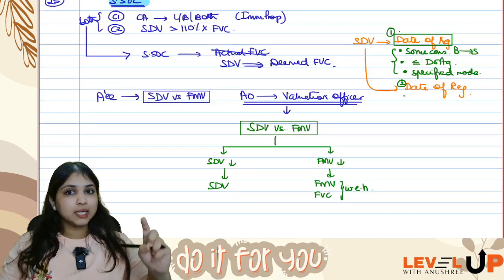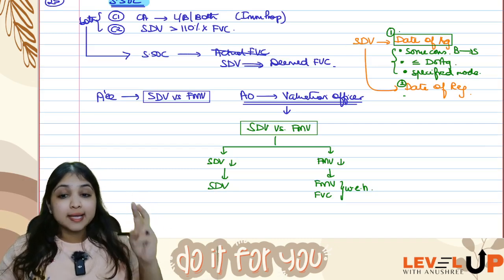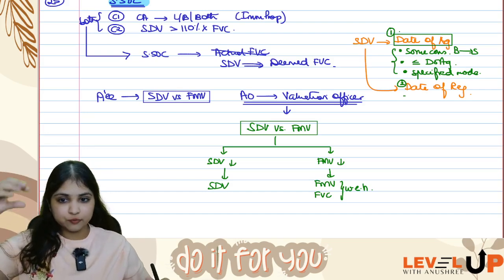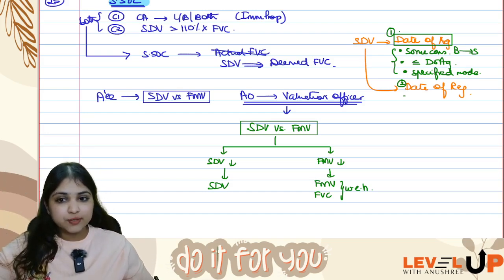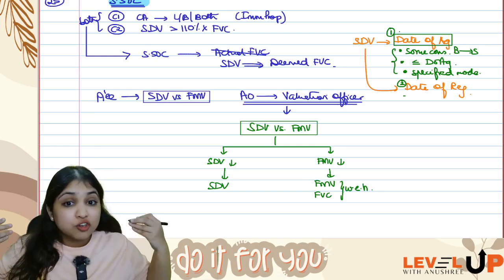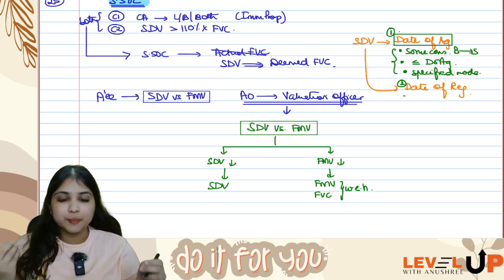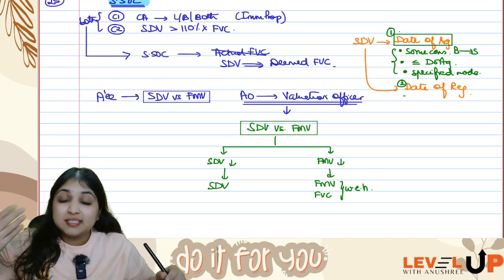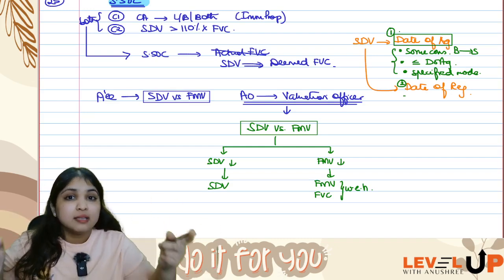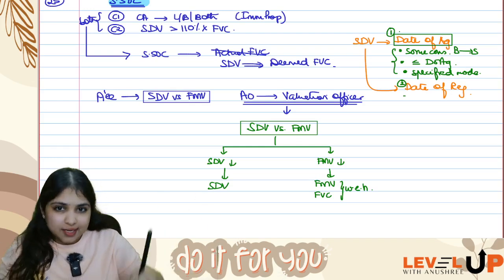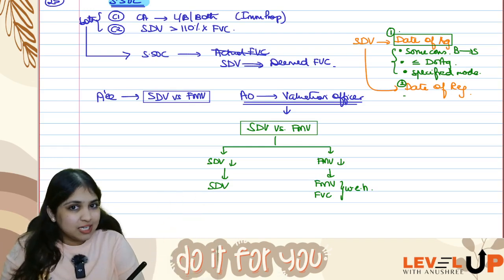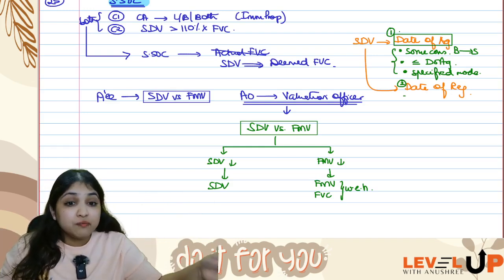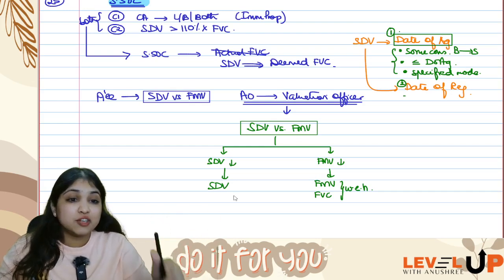Capital asset is land, building or both. Condition 1, STV is more than 110% of full value consideration. If both these conditions are fulfilled, section 50C will apply. Section 50C says whatever is the actual full value consideration, ignore. Instead, take the STV number. The STV number will be deemed to be your full value consideration number. But however, if the assessee is comparing STV with FMV, then AO will appoint a valuation officer who will find the FMV. So you will compare the STV and FMV. You will see which is lesser. If STV is lesser, take STV. If FMV is lesser, take FMV or FVC, whichever is higher.